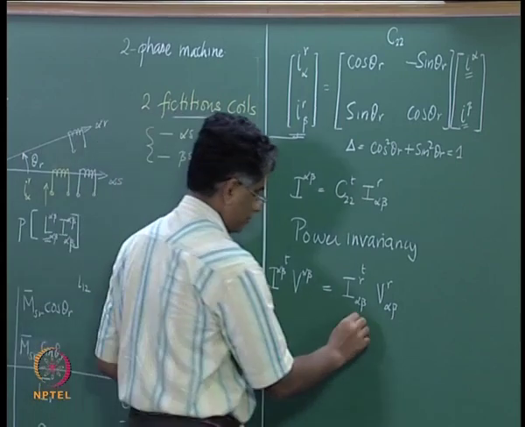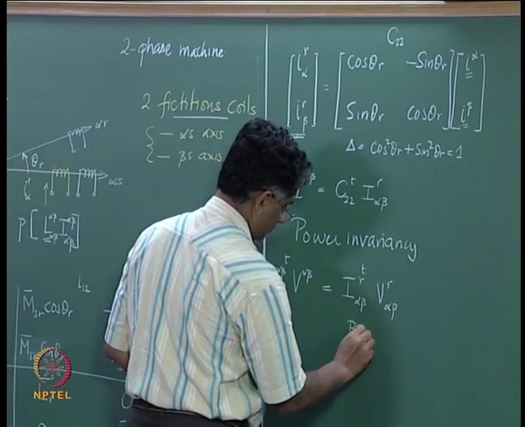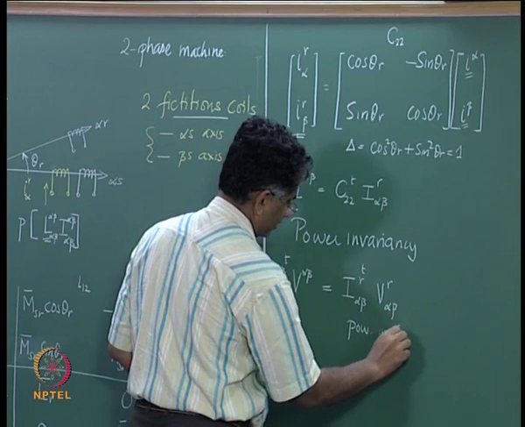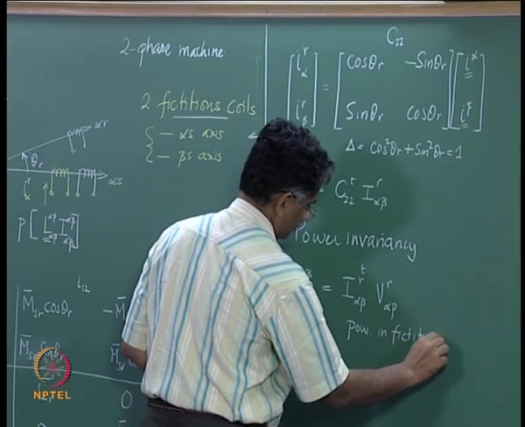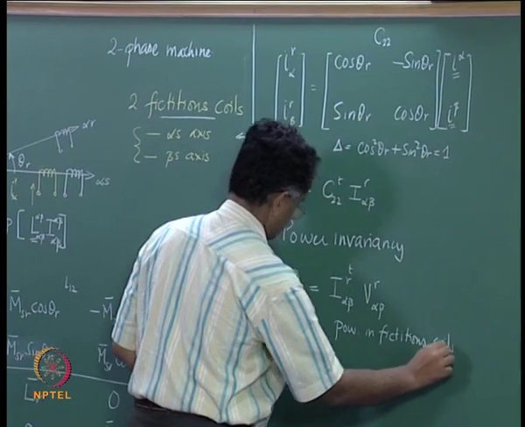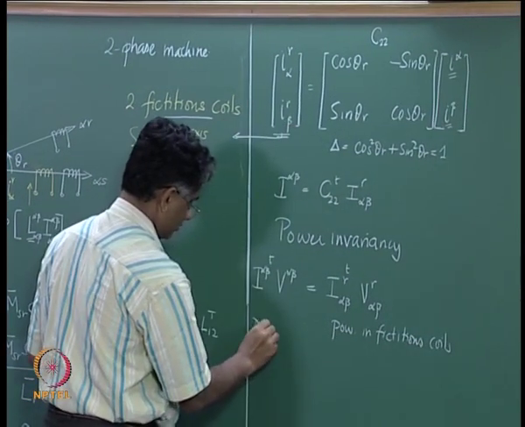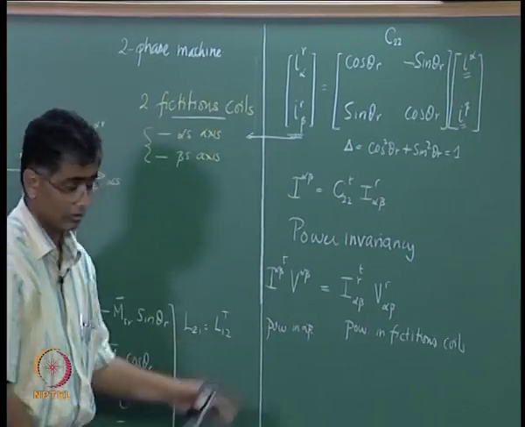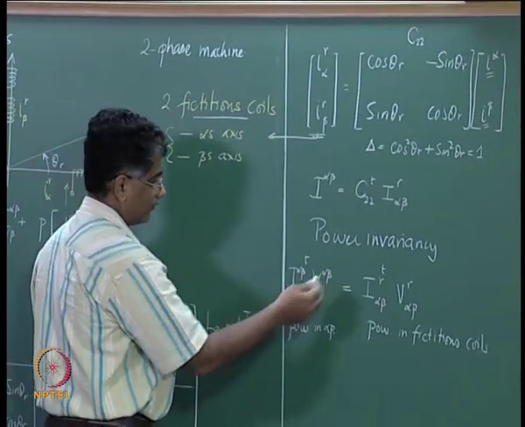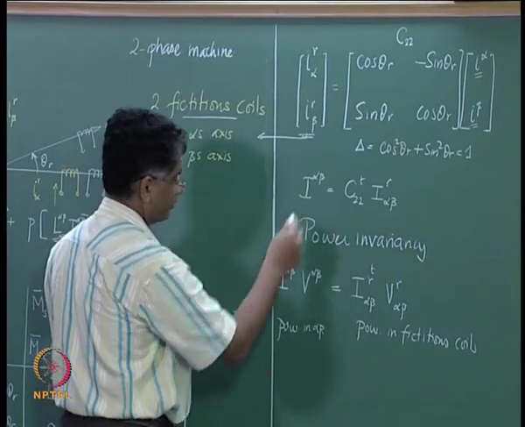This is the power in fictitious coils. This is the power in alpha beta coils in the rotor,